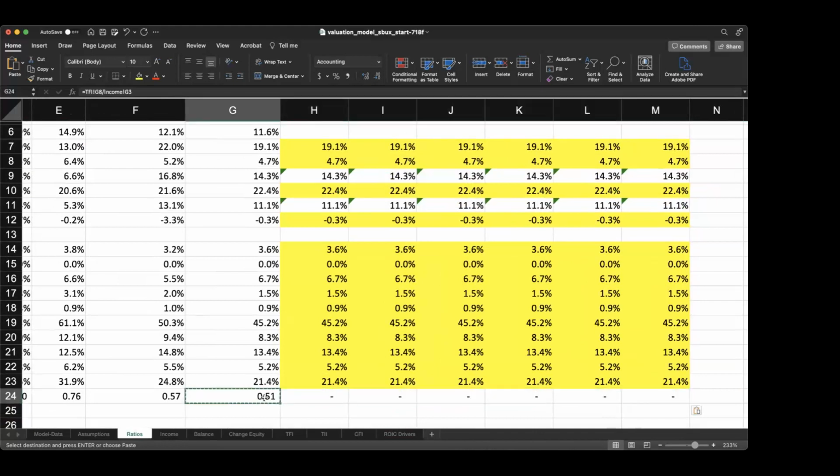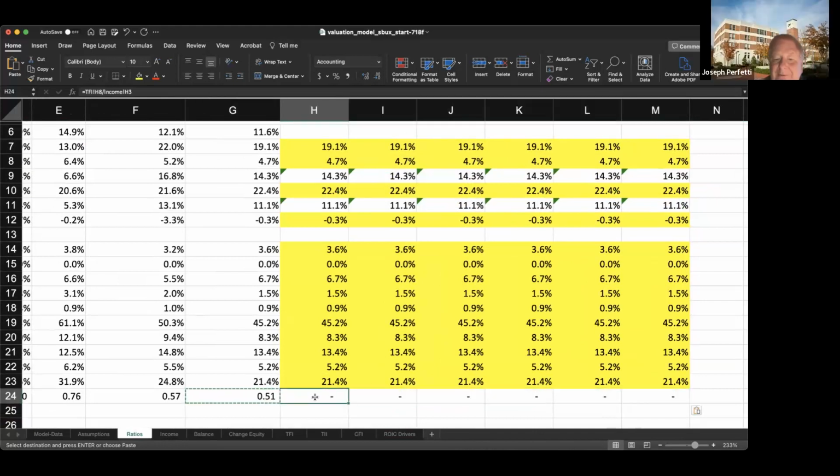That's a formula. Right now it's 0 because it's basically invested capital to sales and we don't have a balance sheet. So therefore invested capital is 0 for Starbucks right now. But when we do build a balance sheet, that number will fill out. And that will be a forecast